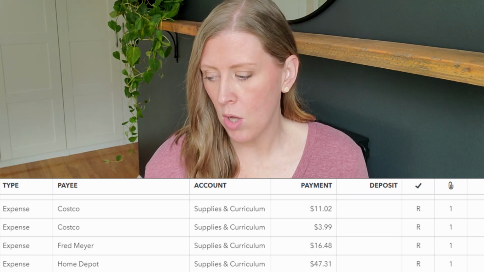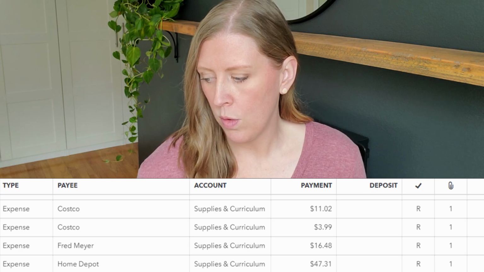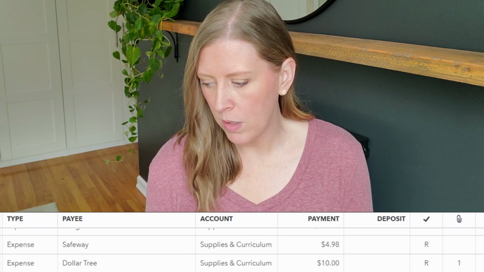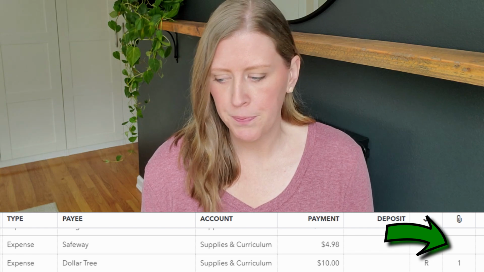So these 4 things all have attachments, but then if you go a little farther down, you can see that this Safeway one does not have an attachment. So this is maybe not the best example because I just showed you that that did have a receipt that went with it and it matched. But in theory, if I ever have any of these that do not have the little 1 for 1 attachment,